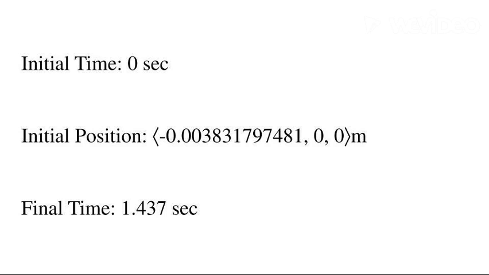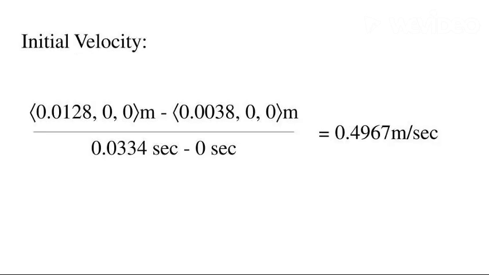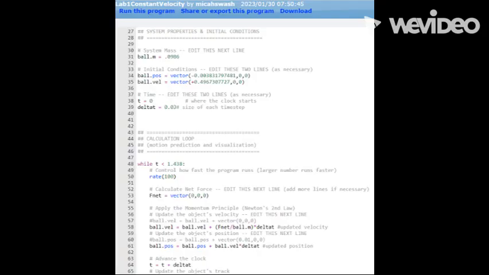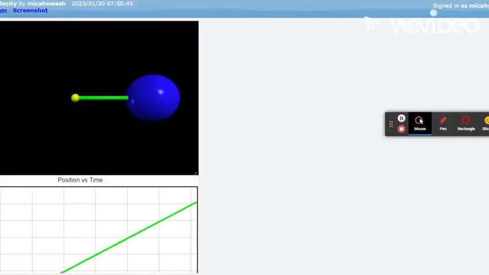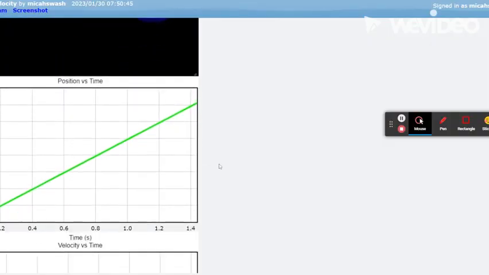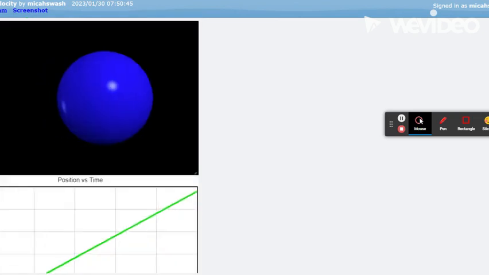After uploading my video on Tracker, I was able to gather the initial conditions: start time, initial position, and final time. I calculated v initial with the first two data points and their corresponding timestamps. I then substituted the mass of the VapoRub and the numbers from the updated position formula and the updated velocity formula from Newton's second law into the code so the computational model would accurately represent the experiment. With this data and the conclusion that net force is 0, this is the visual representation in the graph that